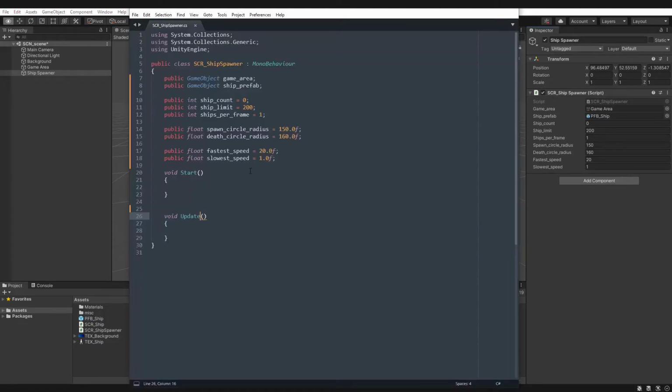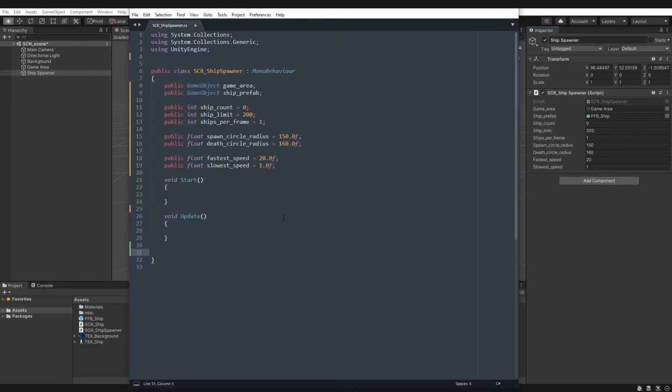Let's go back to our script. Okay, so the first function we're going to go through is the random position function. And this one will be creating a random position along a circle just outside the game area, so the ships can spawn on the outer edge and then travel into the game area and then travel back out. So let's create the function for that, and it will return the position as a Vector3. We'll say GetRandomPosition,